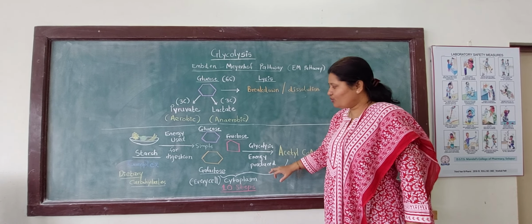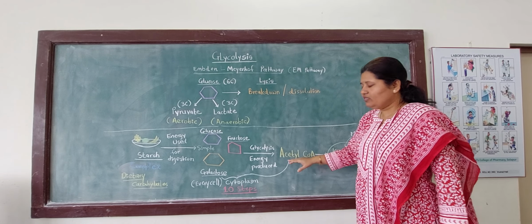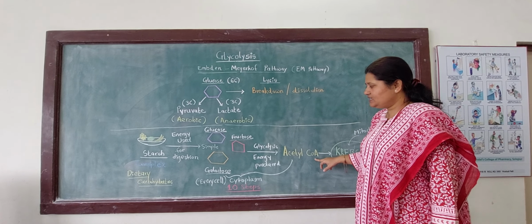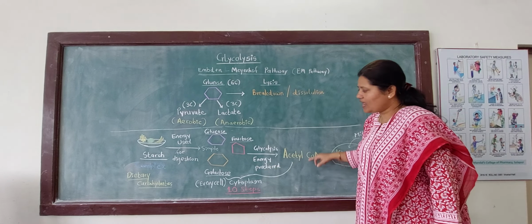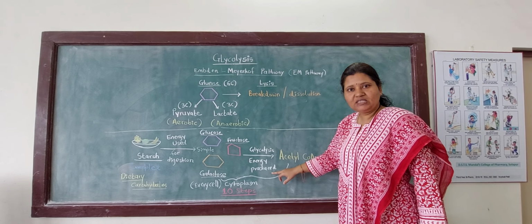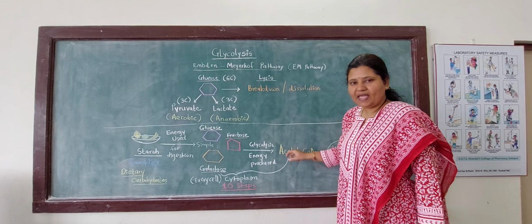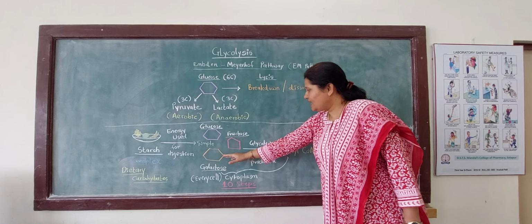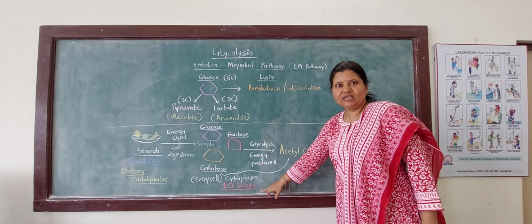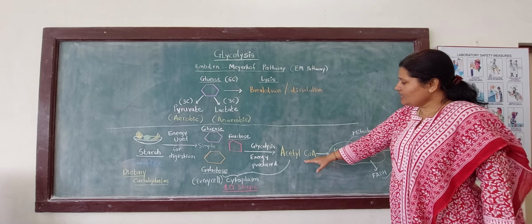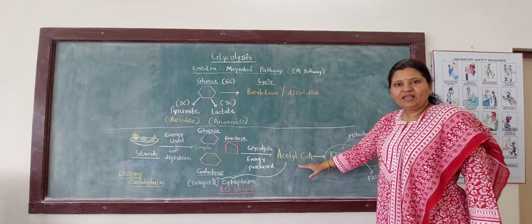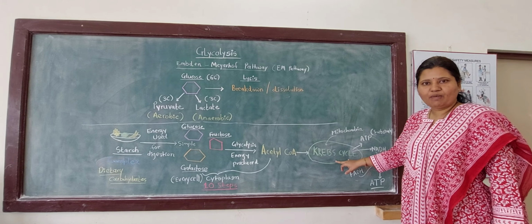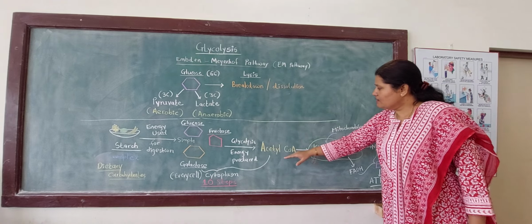The energy is produced. These simple carbohydrate molecules are converted to either pyruvate or lactate, and then finally get oxidized to acetyl-CoA. During this whole glycolysis cycle, energy is generated. This glycolysis takes place in the cytoplasm in every cell, and there are about 10 steps in glycolysis. That acetyl-CoA finally gets oxidized via the Krebs cycle, which occurs in the mitochondria, and here the energy